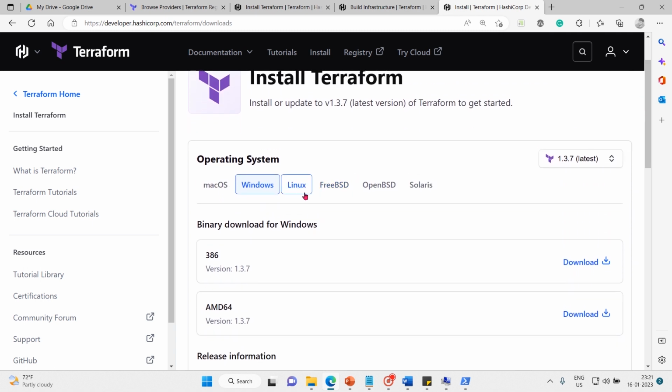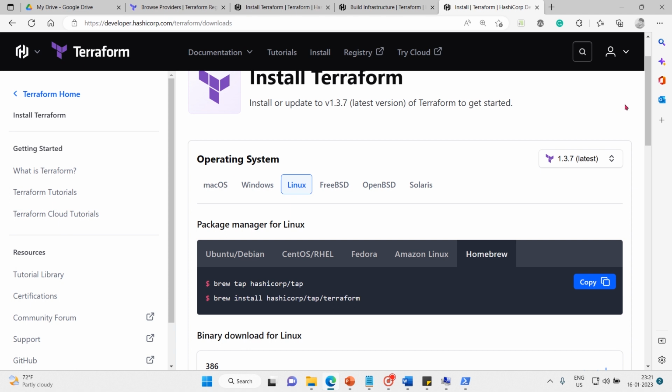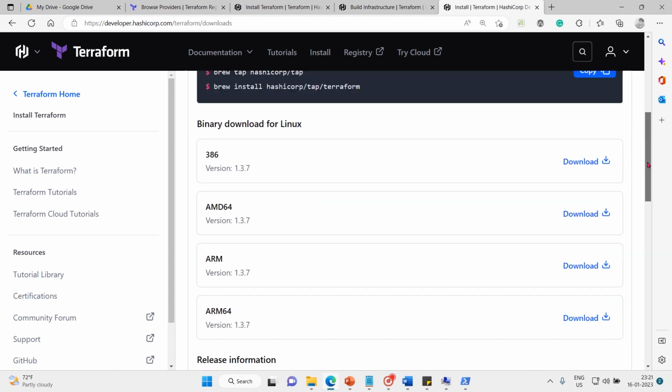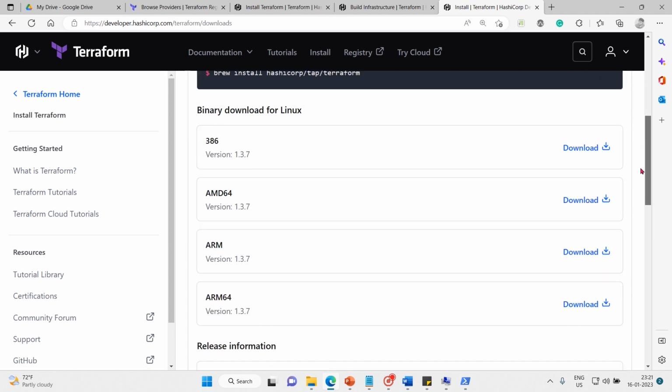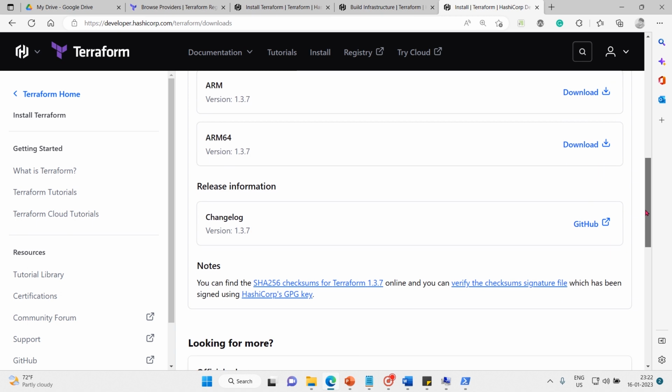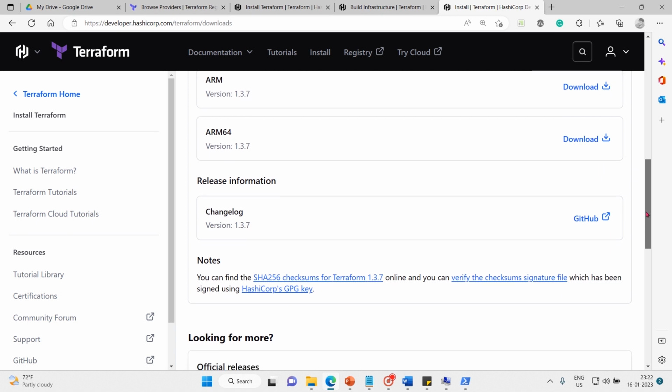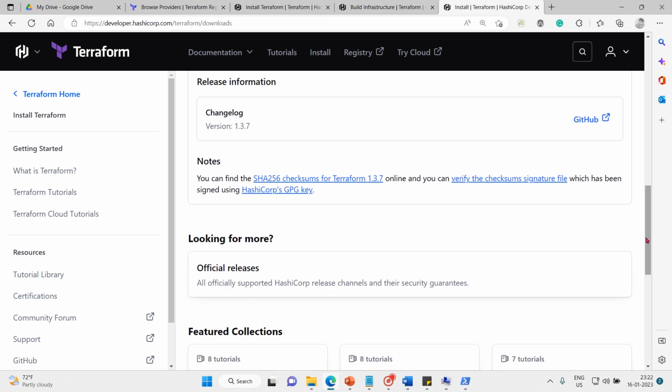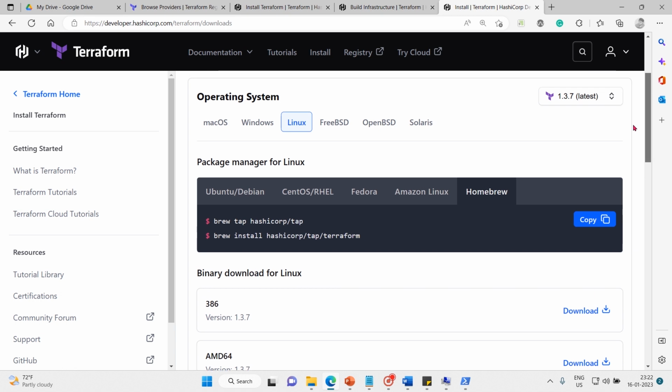If you want to do it for Linux, you can do the same way, either using commands, or you can download it and place it in the binary folder, I think /usr/bin. There you can place your Terraform file. We will look into that in our forthcoming slides and exercises. But for now, your installation is done in a manual way. So now we will try to do it